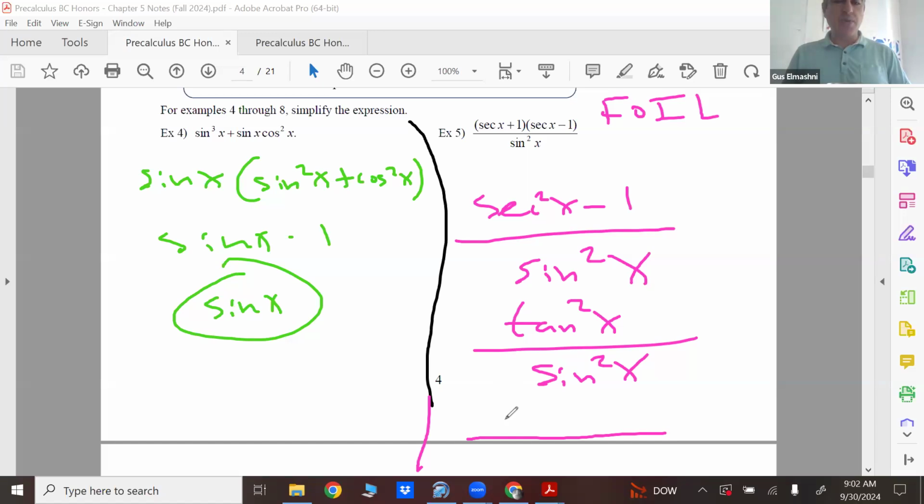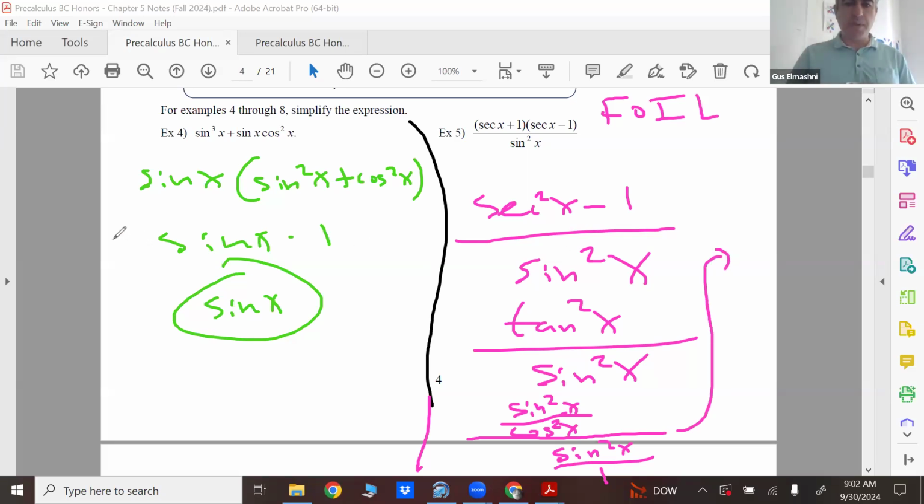But remember, it's tan squared, sine squared over cosine squared. So you have a fraction up top, right? And down below, why don't you write that as a fraction as well? That's a fraction, right? And it can be a fraction, just put one below it. So you have one fraction up top, tan squared, sine squared, over cosine squared. Technically, you have another fraction down below, sine squared x over 1. What happens when you divide two fractions? Which one flips? The bottom one, right? So if you flip that,